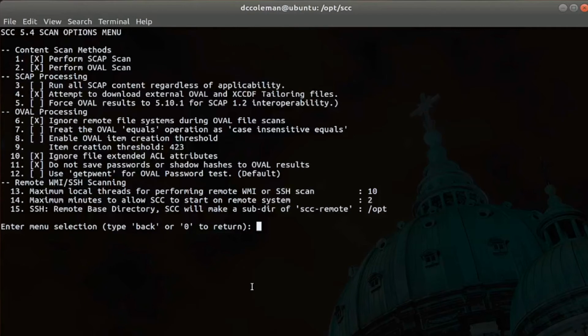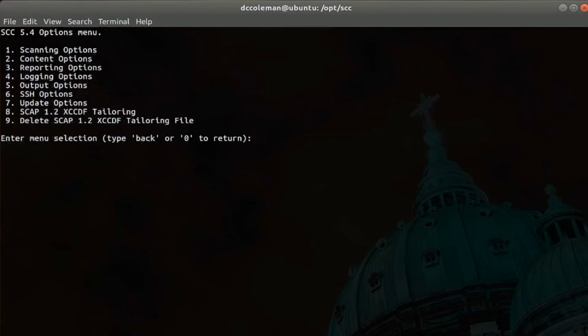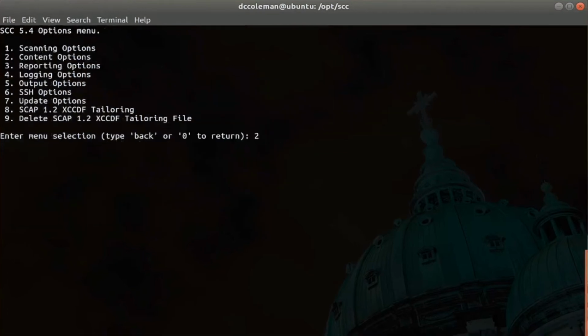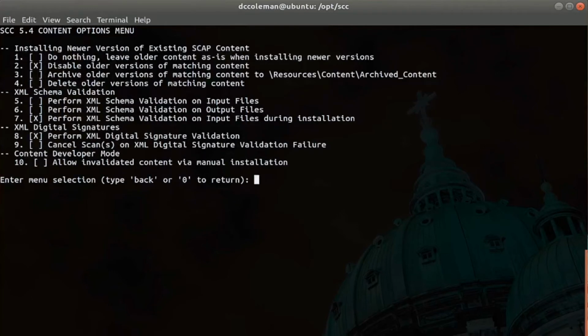Finally, in this section are some options for WMI SSH scanning. You can set the number of threads that you want SCC to run locally if your machine seems a bit slow, set timeouts for starting on remote systems, or options related to the remote base directory. Press 0 to go back to the main options menu,